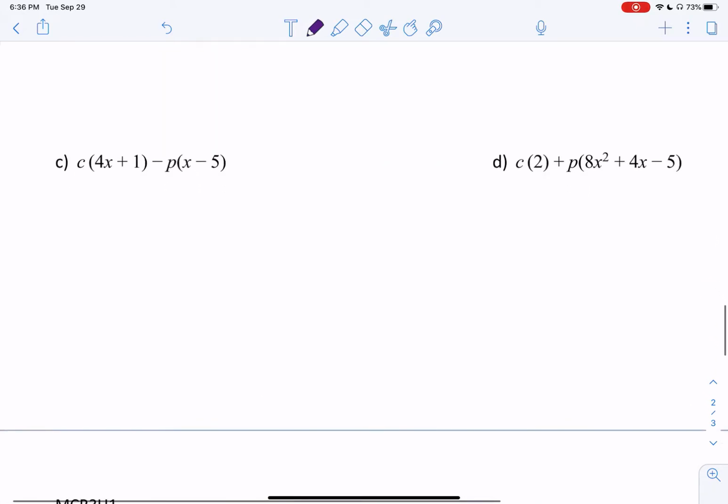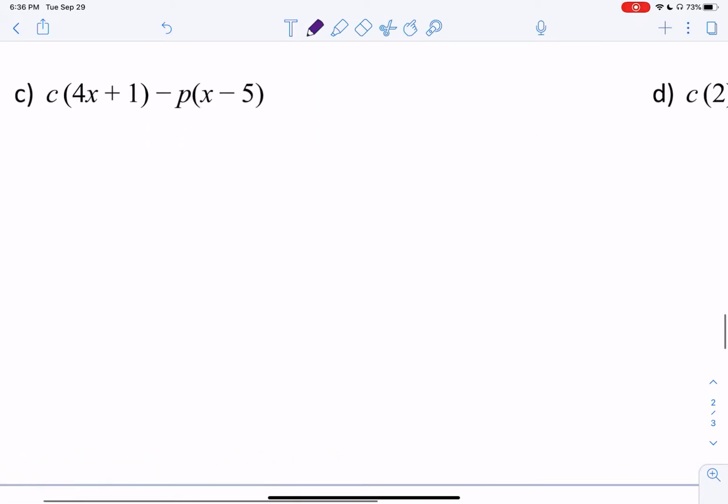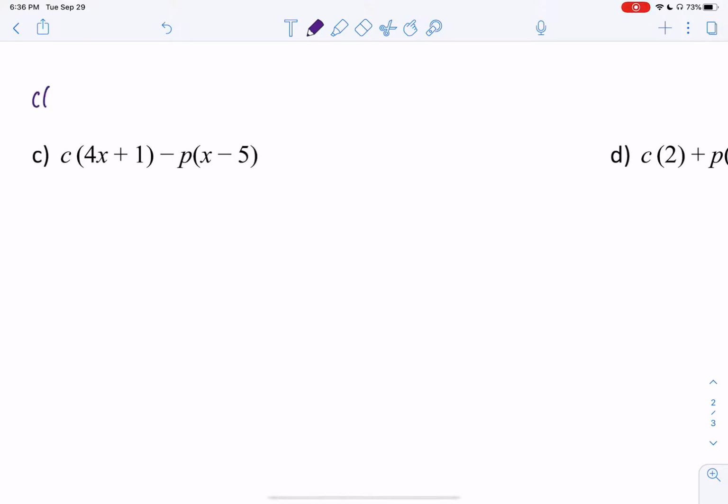For example C, I'm looking for c of 4x plus 1 minus p at x minus 5. So I'm just going to quickly rewrite what c at x was. So it can be right at the top here. So this is equal to our c at x function, but instead of writing an x, I'm going to write 4x plus 1. And then that would be plus 1 minus p at x minus 5,